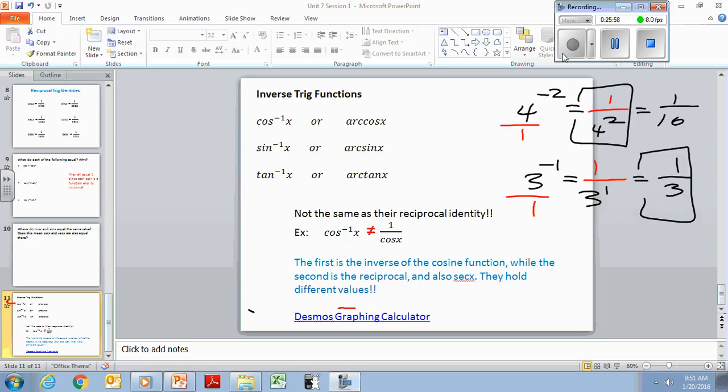Why is that important? Because when you see this, here's what a regular kid, the other 95%, when you give them this, well, they won't even know to do this, but they would think something like this. They would think, oh, cosine, negative exponent x, which, by the way, we don't say to the negative 1 power. Oh, duh. Everybody knows all you have to do with that is write the reciprocal. You put this over 1, and you put 1 over the cosine x, and of course the negative 1 is gone, just like over here. The negative 1 becomes a positive 1. They would think that, but it's not true.